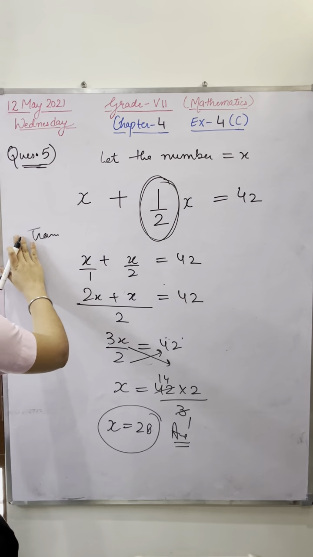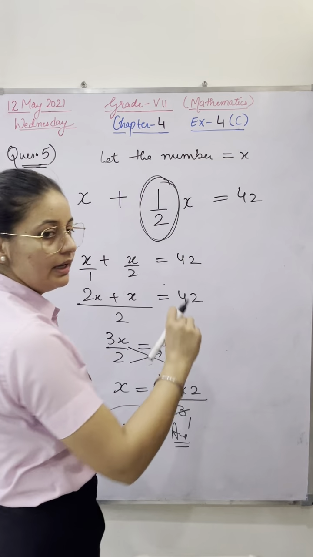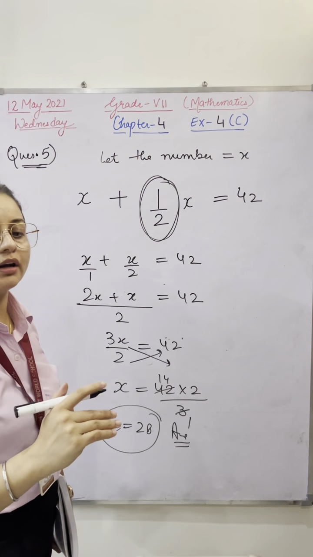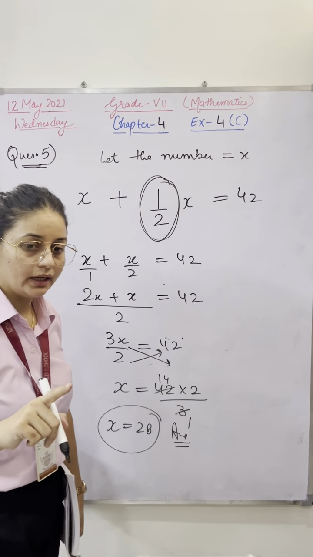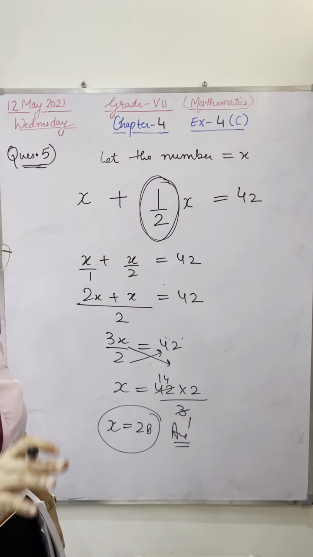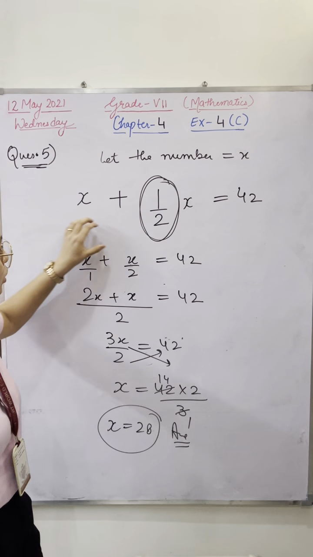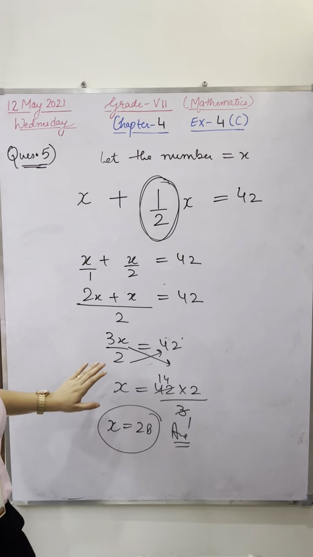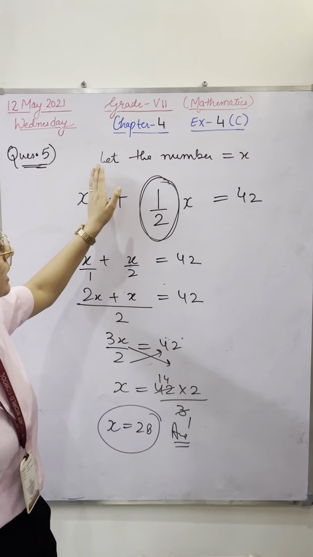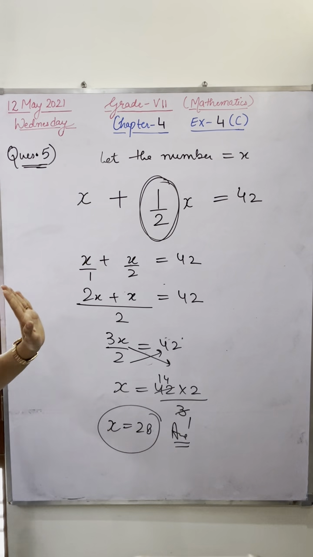No need to mention. This is the exercise based upon the word problem. Every exercise is based upon a new concept. In the previous exercise, they have mentioned that you have to solve all the questions by writing the steps. Whatever the steps you are making, write down those steps, whether it's transposing, multiplication, or division. In this exercise, you have to read out the question, convert it into the linear equation and then solve it. That's it. Right?